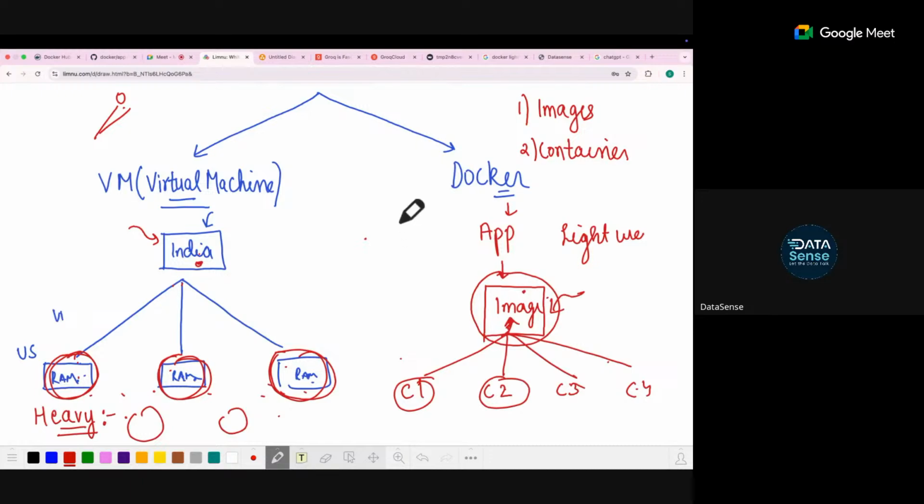Just like if you have studied Python, there is a class and there is an object. You create a class and you create multiple objects from that. This is like this. So here you're utilizing the memory of one. Here for every task you're utilizing different memory. As your system scales up, your system gets heavier. Here your system does not get heavy. Your system remains the same.